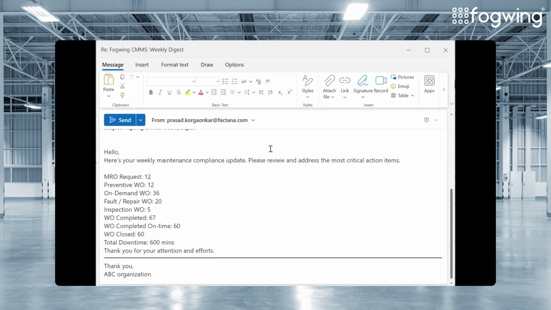Here you are going to get the total number of MRO requests which have been raised, the total number of preventive work orders, the total number of on-demand fault work orders which have been created, work orders completed and closed, work orders completed on time, and total downtime for the fault work orders. All this information will be visible in this email that you will get every Monday at 1 a.m., which will be